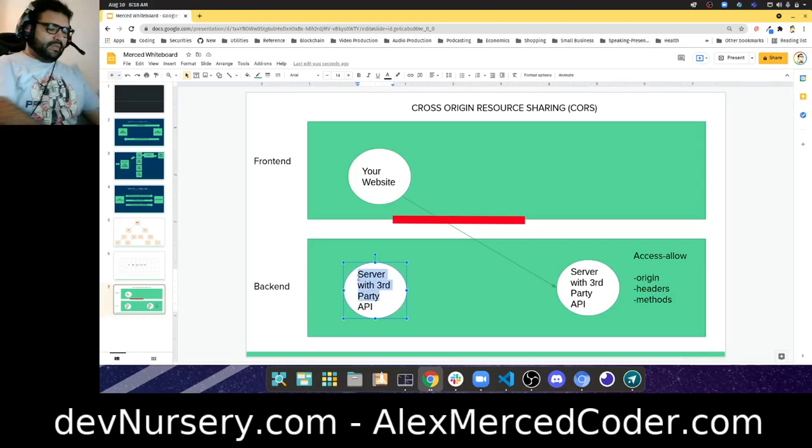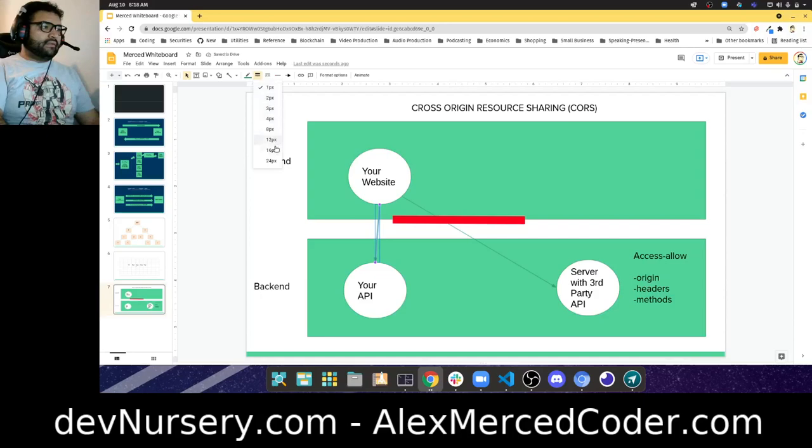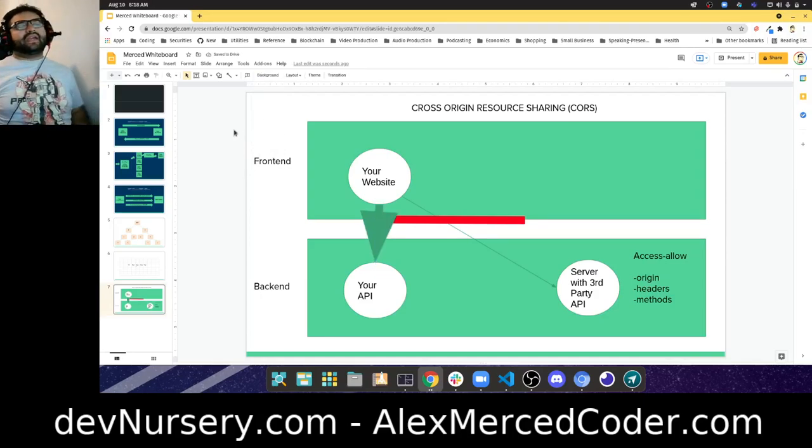With your own API. And this seems like an extreme solution. We'll give you a couple different options. But the idea is you can make sure that your own server has those headers. So if you make a request to your server, okay, then you're going to be A-OK. Okay, no issues there. You'll get the green light because you made sure you put those headers as a